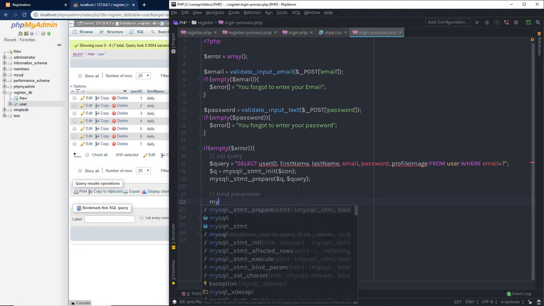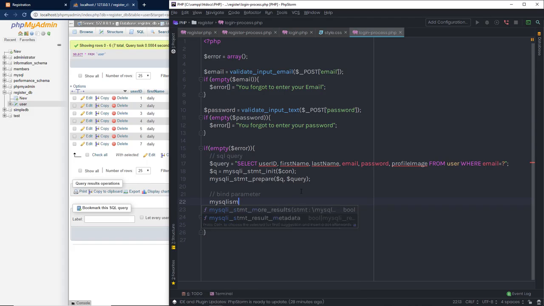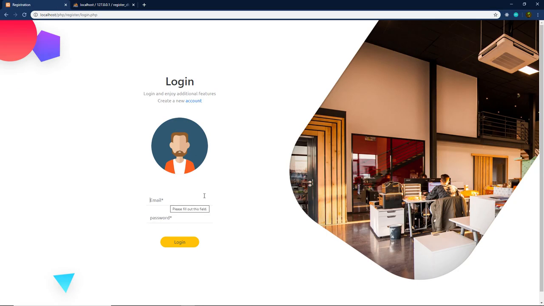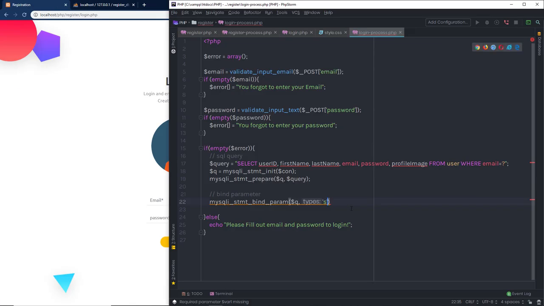So I'm going to call here mysqli_stmt_bind_param, and in this bind parameter I'm going to specify first q, then specify the type. I'm going to insert a string value in this text box, so I'm going to specify s here, and then I just want to specify the value to this email. So I'm going to specify here email like this. So this value will bind right here. So I'm going to get all these columns' values from this table where the email is equal to